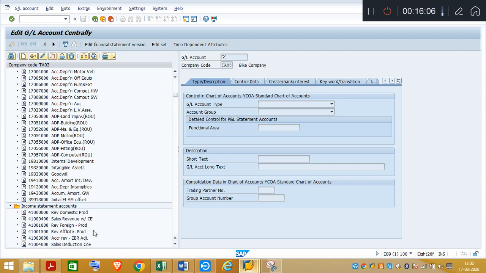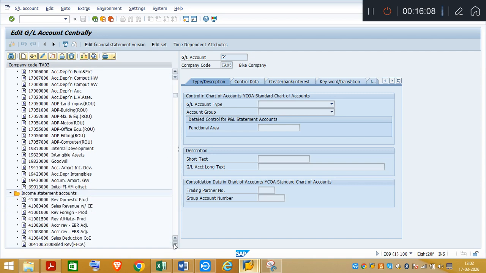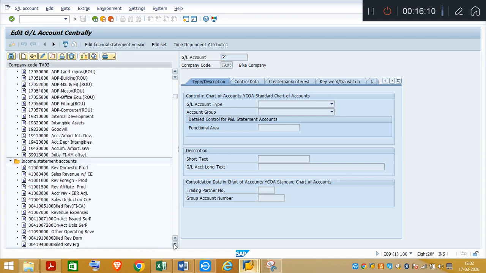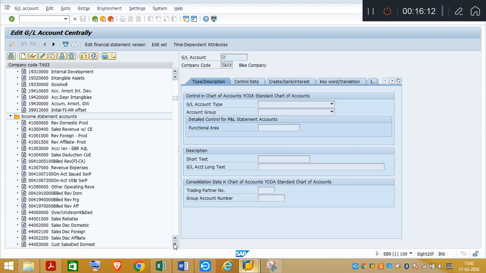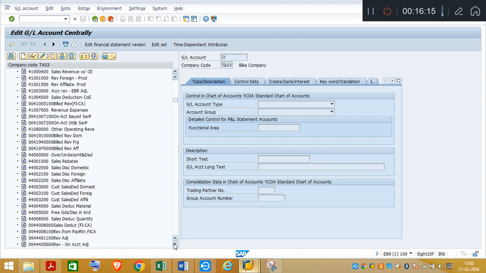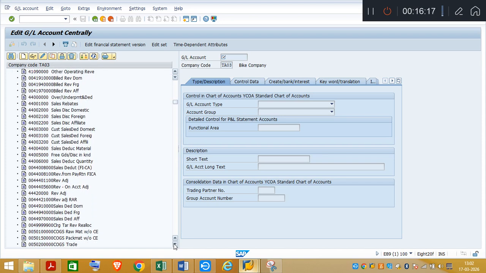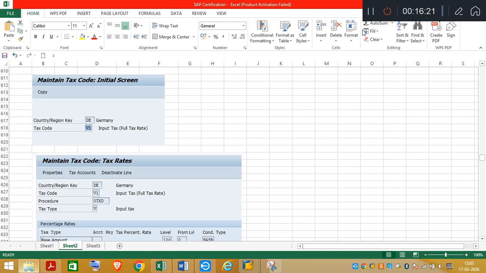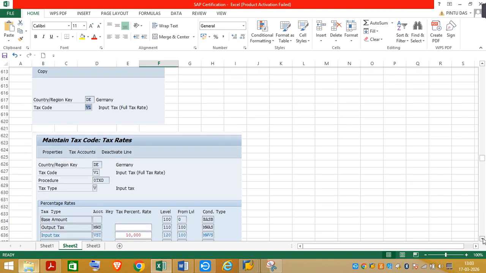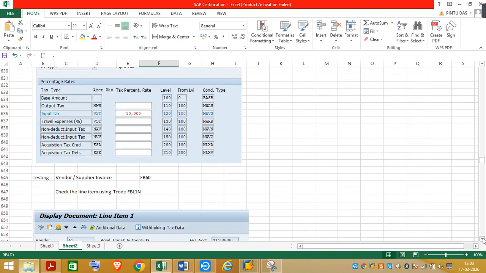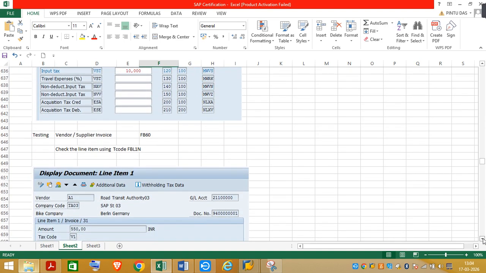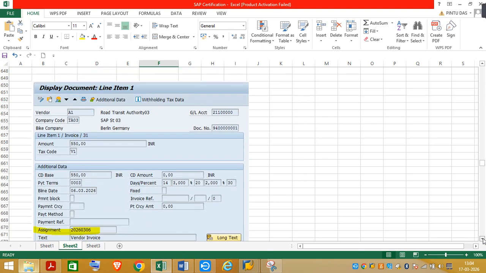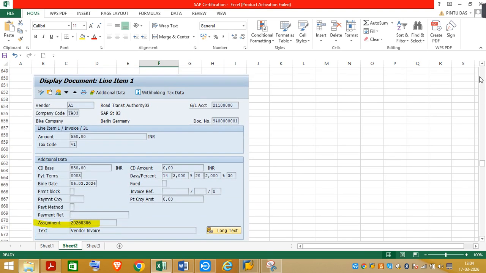From statement revenue, so here you will find the input tax. Input tax, the GL for the input tax is